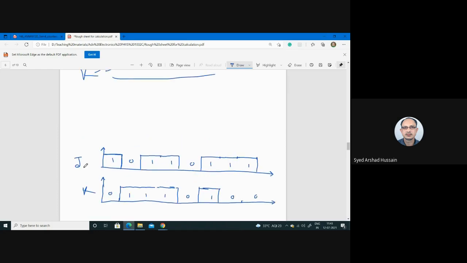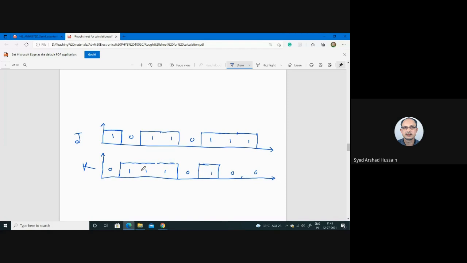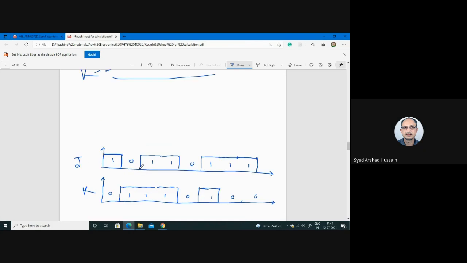Okay, so based on this output will change, but since it is a positive negative edge-triggered clock pulse, so only output will change based on the negative edge of the clock pulse. So let us draw the clock pulse here. Clock pulse, say this is arbitrary, আমি ধরে নিয়েছি এটা আমার ক্লক পালস, কিন্তু উইডথ সব সমান হতে হবে।